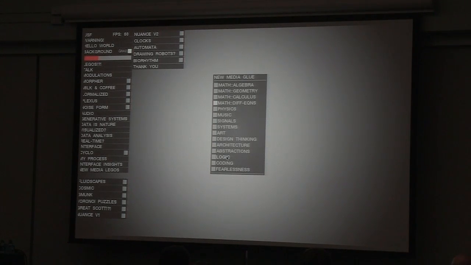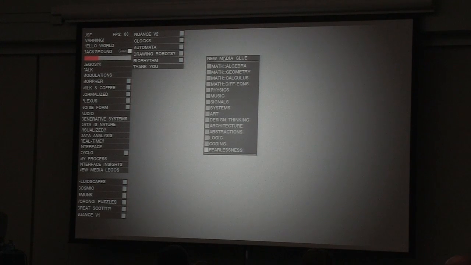I kind of play with logic and coding, and of course fearlessness, right? This is something that is really important. I think in my work, I don't stop till I get to where I need to be. And when you are coding something, what was really interesting is